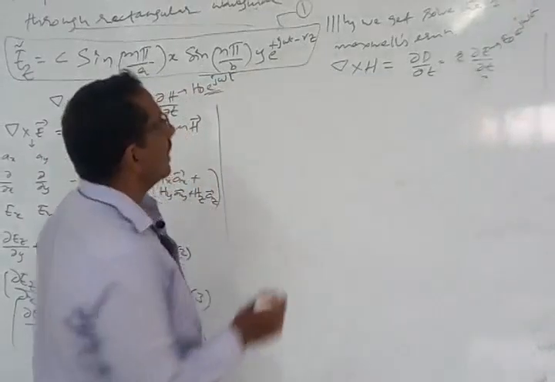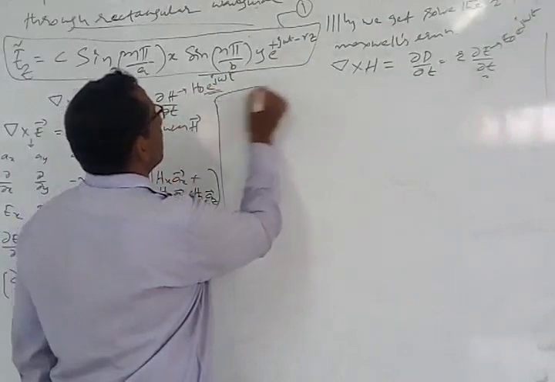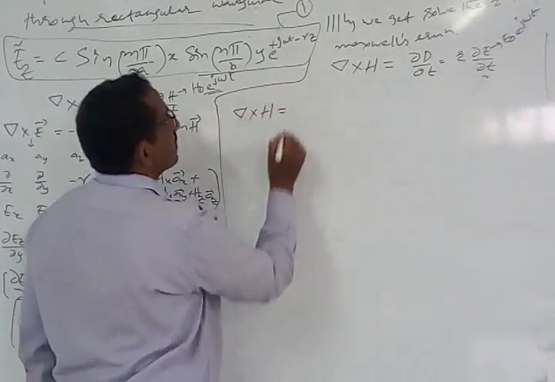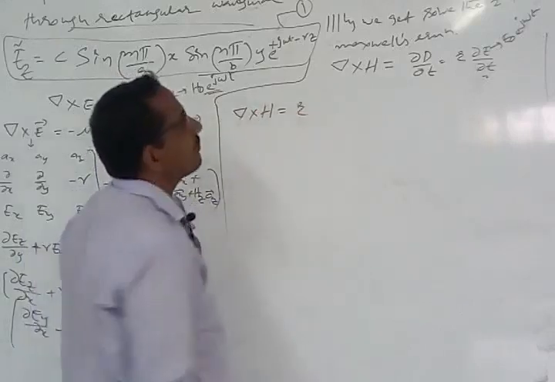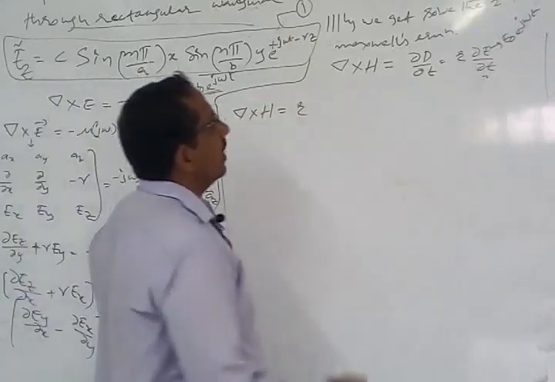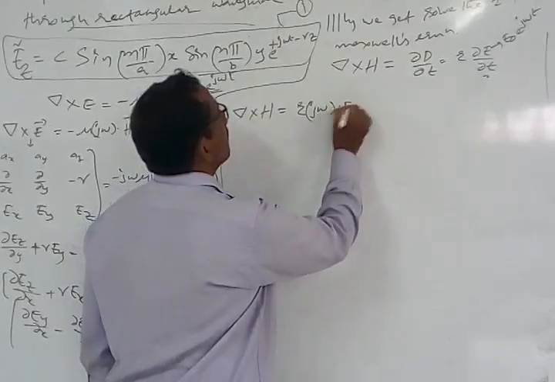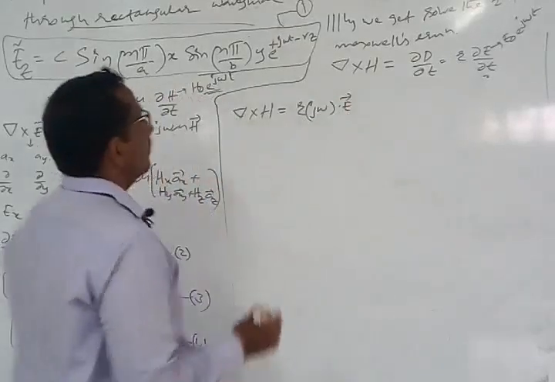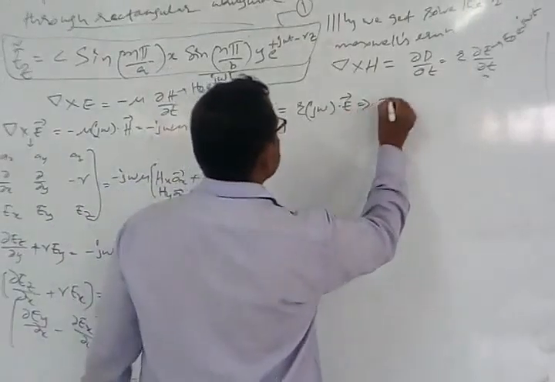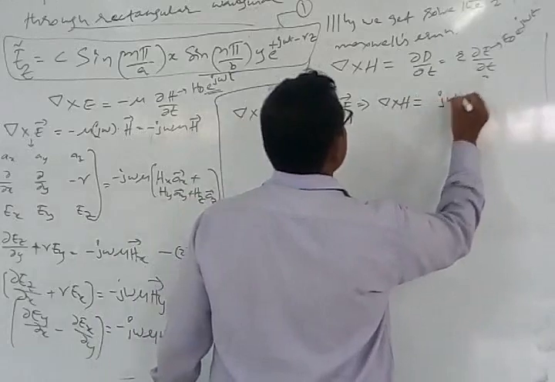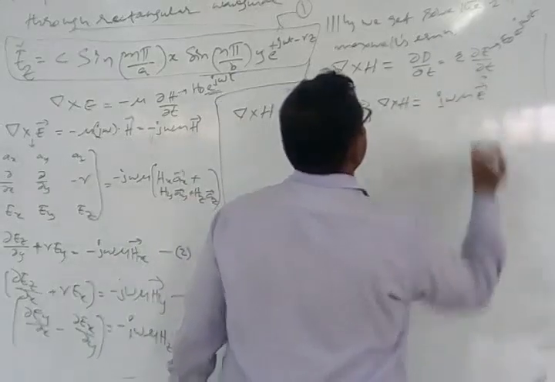So once I replace that, I will find the final solution, that is, the equation as del cross H is equal to sigma E plus dou by dou t, means what? The j omega part will come out into E. Alright. So this equation I can simply write as del cross H is equal to j omega epsilon into E. So that is the equation I am going to have.